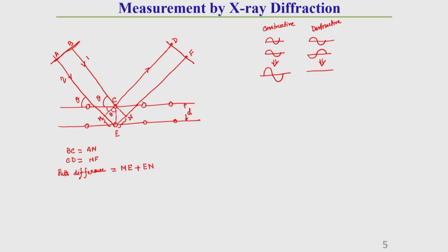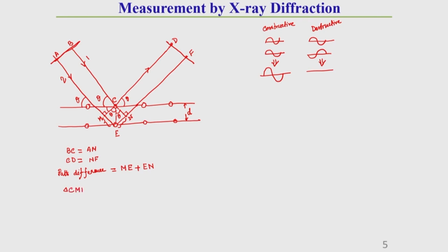So, if this angle is theta, then this also will be theta, correct, and this also will be theta. So here, by using the concept of triangles, you see this is perpendicular, this is also perpendicular. Now, by the concept of this perpendicular triangle, we can write from this triangle, that means triangle CME, from